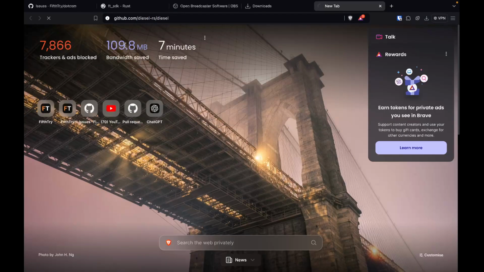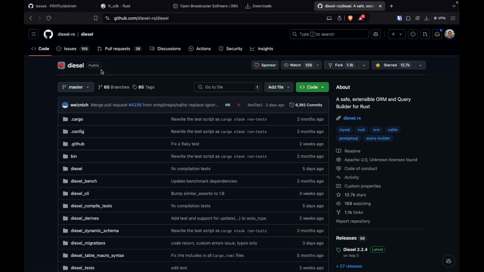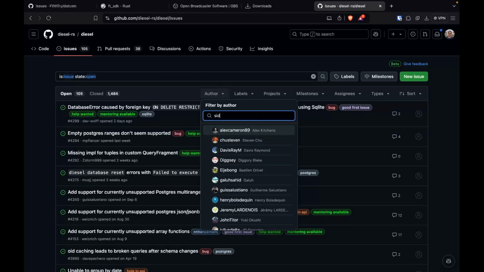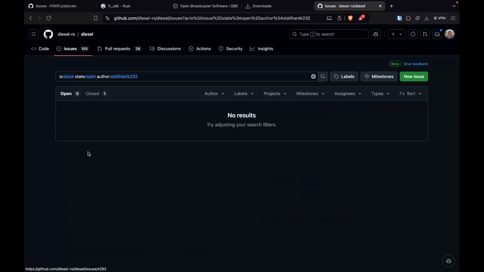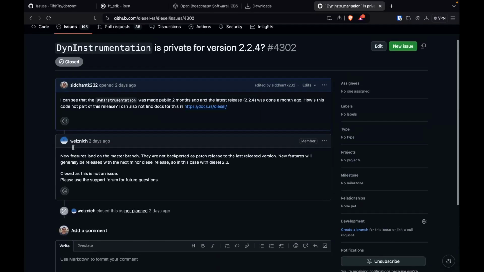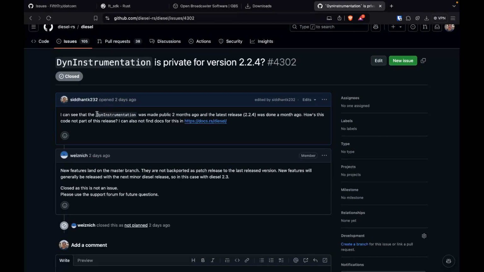issue. So basically, their instrumentation stuff is not available from their crate because, if I can find my issue, author, nice, and I can probably search by, there is one closed issue. Yep. So there is this DIN instrumentation thing that we want to have in our SQLite so that we can